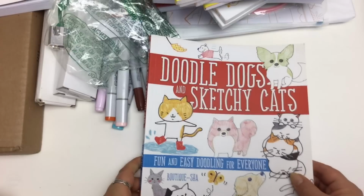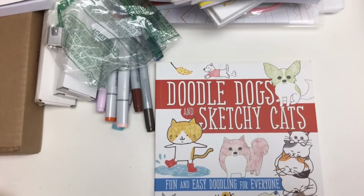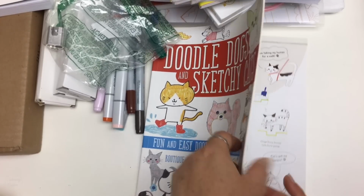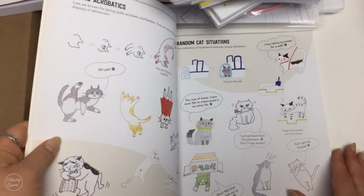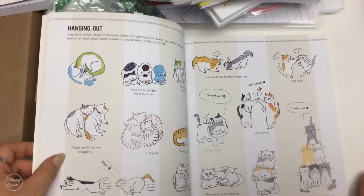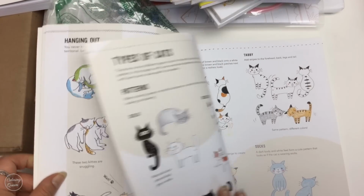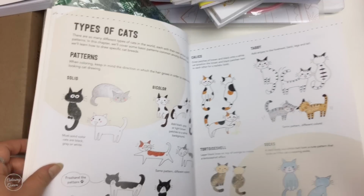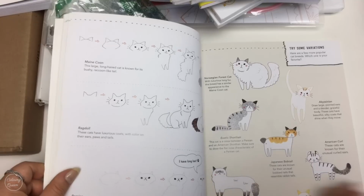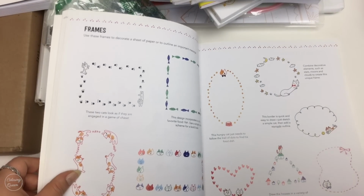Now, I've seen this in a shop in Sydney, and I don't know about you guys, but the books here tend to be so expensive. It was how to draw cats and dogs, like little cutesy animals. So I ended up buying this, of all places, in Canada. I had a Canadian gift card, so it was burning a hole in my pocket. So I bought this book on how to draw little cats and dogs, which I'd like to do, because as most people know, I adore animals, and I thought that would be quite cute